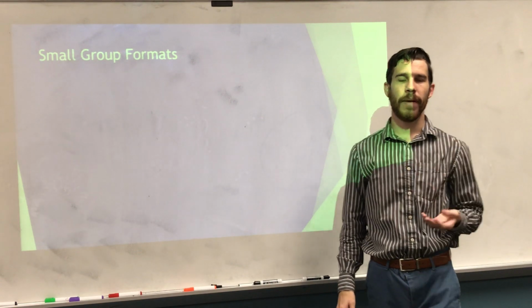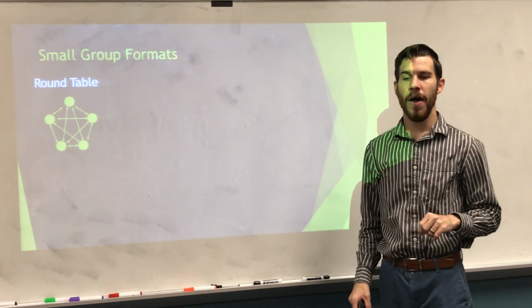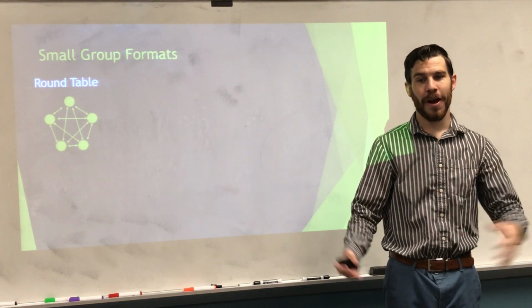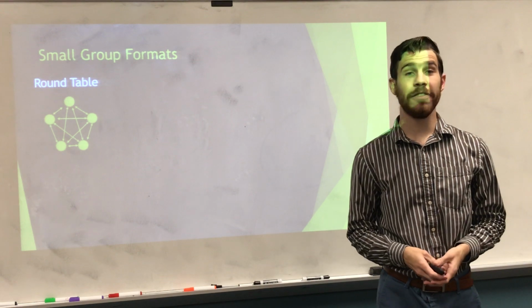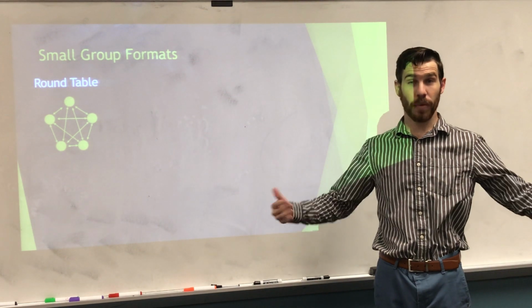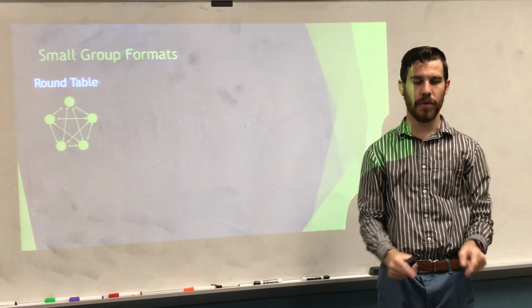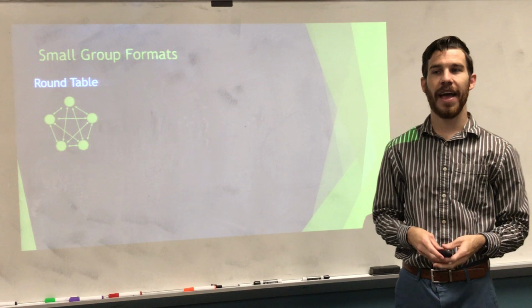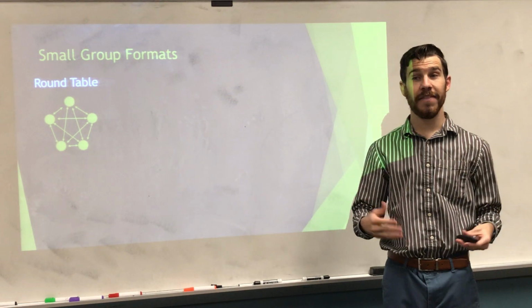Now, when you do the format, there are 4 formats we're going to really discuss. So first is roundtable. This is like King Arthur, where everyone sits at a round table and everyone has equal say. Now, to do roundtable, you do not actually have to sit at a round table. You can sit at a big square table. You can sit all throughout, just dispersed. It does not have to be equal. But the whole point of roundtables, everyone is just discussing and everyone is able to say what they believe equally.